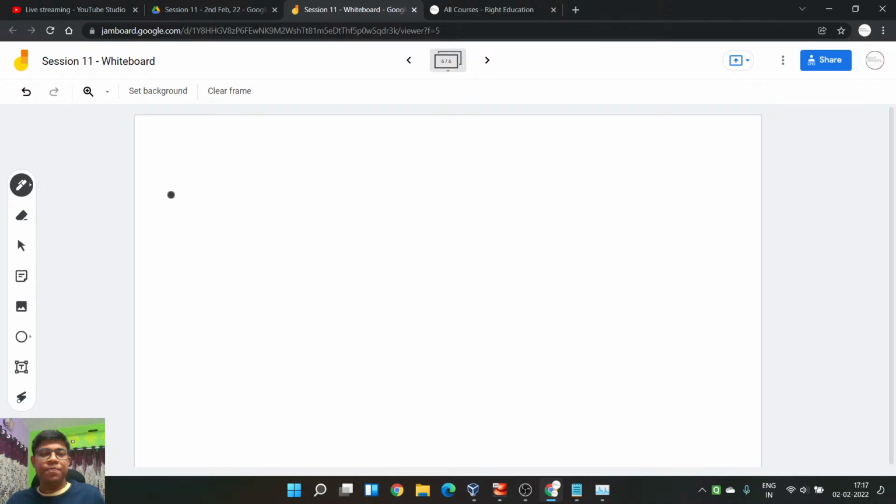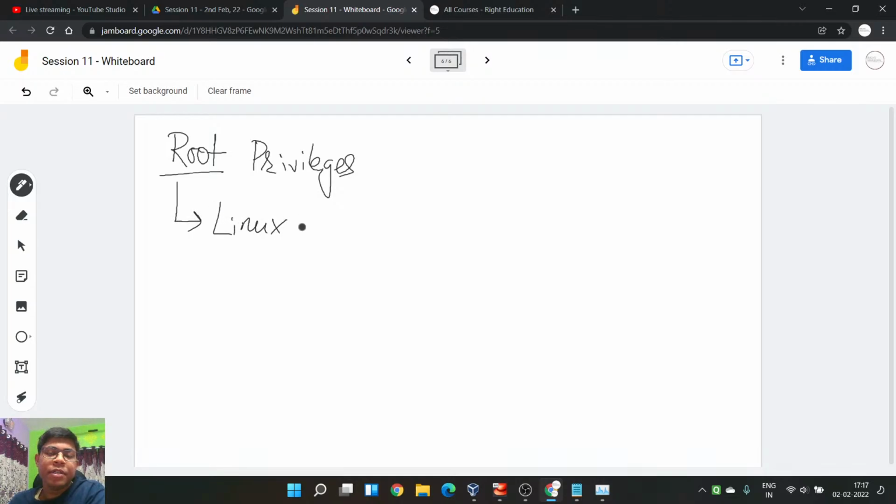So the first topic is called root privileges. So what is root actually? If you talk about any Linux distribution, it doesn't matter, it will be Windows, Android, Macintosh, doesn't matter. Any Linux distribution has one special user, and that special user has one UID.